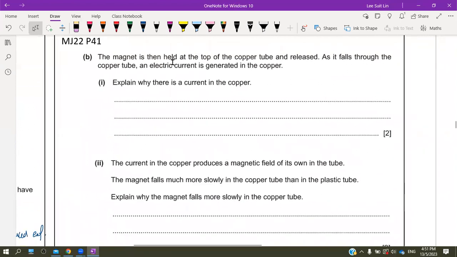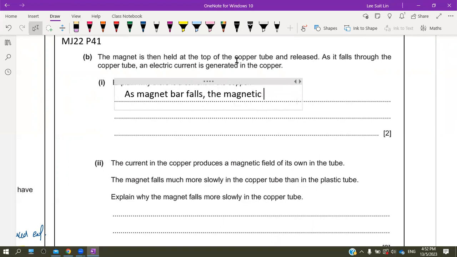Okay. The magnet is then held on top of the copper tube and then released. As it falls through the tube, there is an electric current generated in the copper. Explain why there is current in the copper. So I think I'll explain this one first. Put a typo this time. Okay. The reason why there's a current in the copper is because as the magnet bar falls,